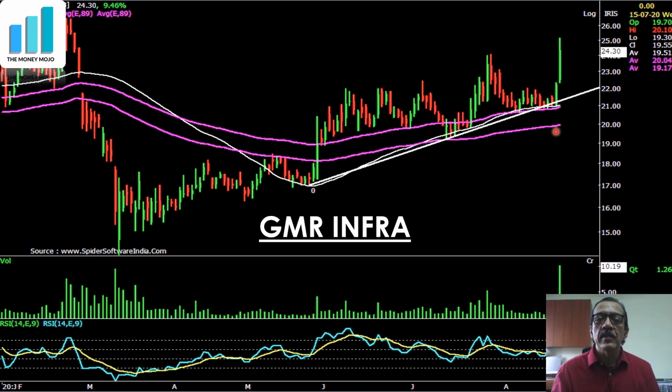So this is the kind of stock that we are looking for, and this is one example I wanted to give. There was a small break of the trend line here, but even then the price never closed below it, and even if it closed, it didn't actually break below the lows of that day. So this break of the trend line I will ignore, and I will still buy it if it crosses this level.